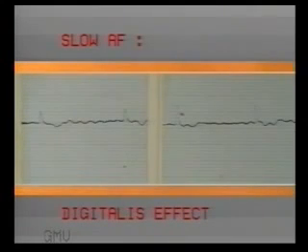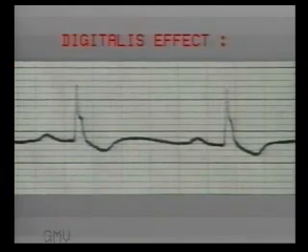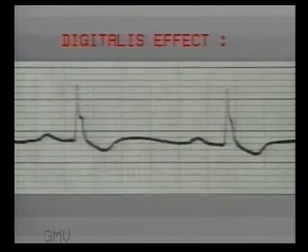Bradycardia may also be due to the effect of drugs like beta blockers or digitalis. Note this atrial fibrillation whose rate is less than 60 per minute due to the effect of digitalis. This is another ECG with a rate of 58 per minute. Note the prolonged PR interval to 6 small squares and ST segment depression like a mirror image of a correction mark. This is digitalis toxicity causing bradycardia.